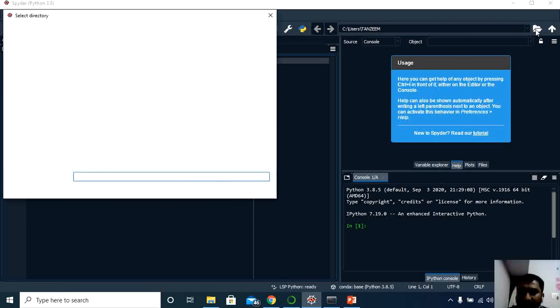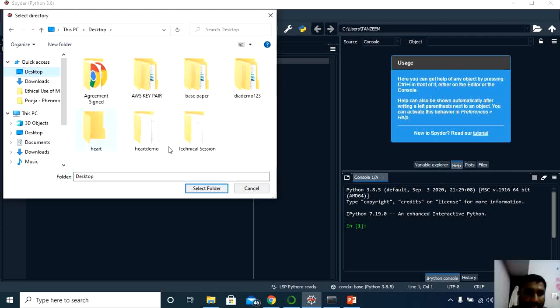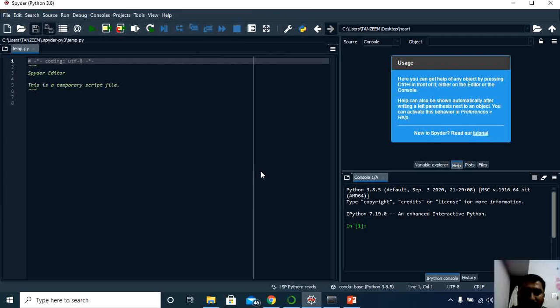So it will ask for us to give the specific path where your project files are located. I'll go to desktop. Inside the desktop I have the heart. Click on heart. So I have two files here, first app as well as the heart file. So select the folder. So Jupyter Notebook will configure everything related to your project